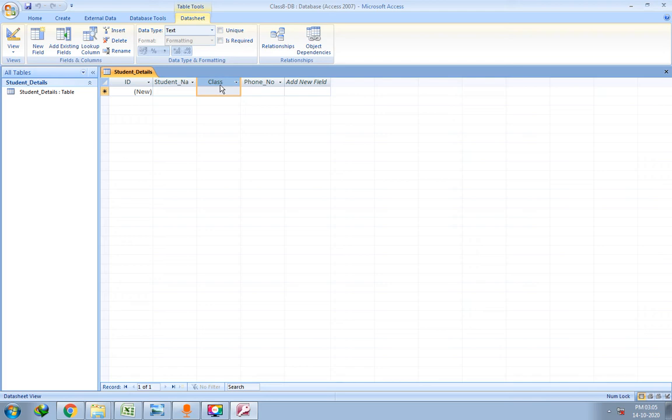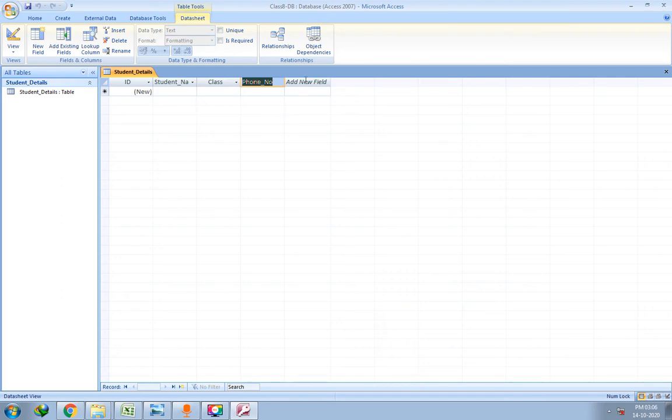Remember this point. The second rule is the field name can include lowercase, uppercase, or mixed case letters, numbers, and underscore.